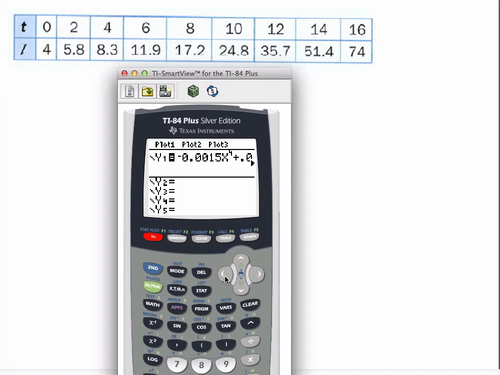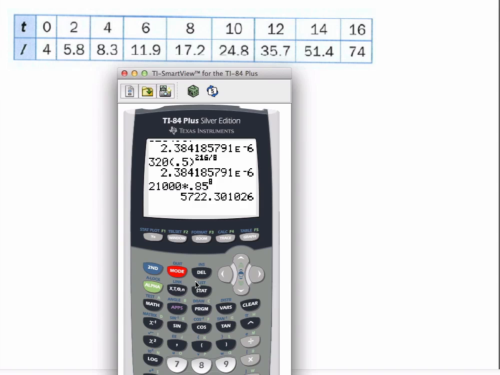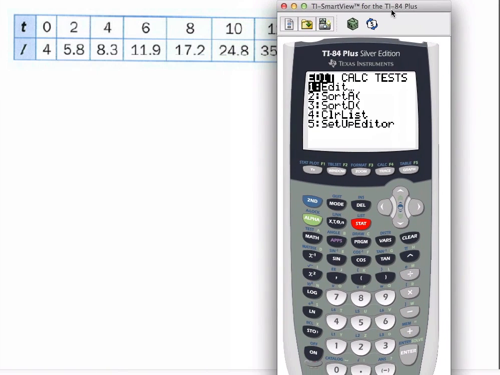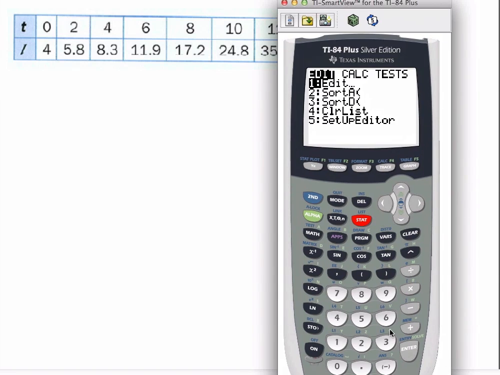model the data. So actually I'm going to clear this function that's in here already, and I'm going to go to Stats. Actually, quit that. Oh, my calculator's a bit slow. I'm going to go to Stats, and you go to Edit. So let me get this calculator up here. So I'm going to go to Edit,